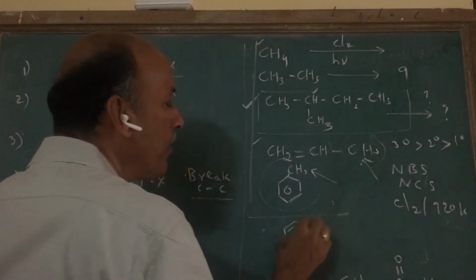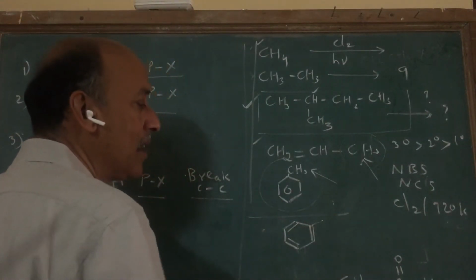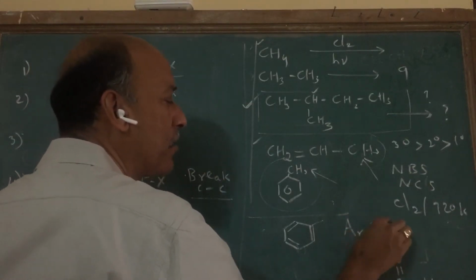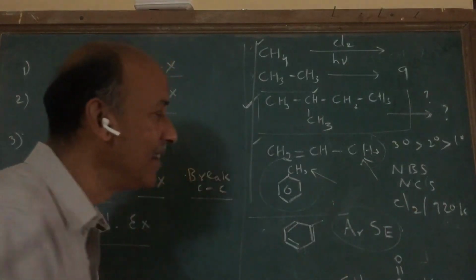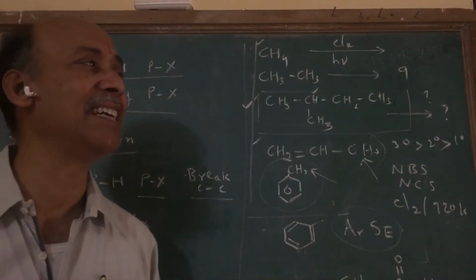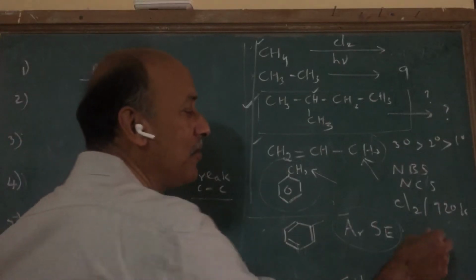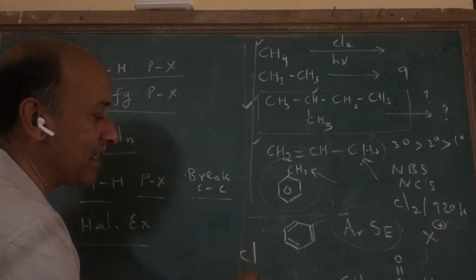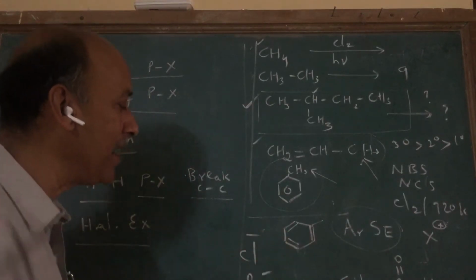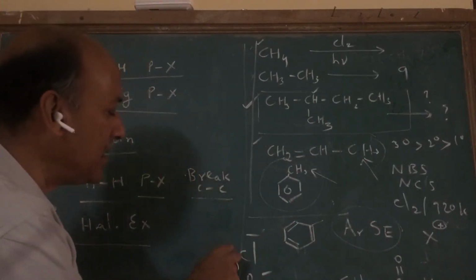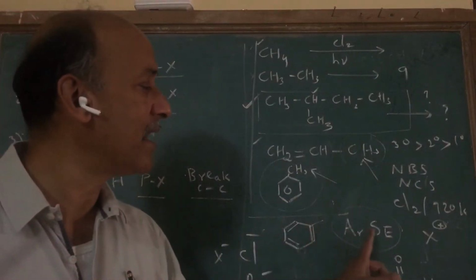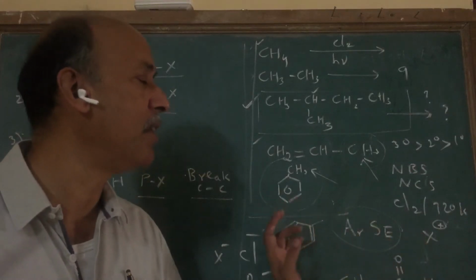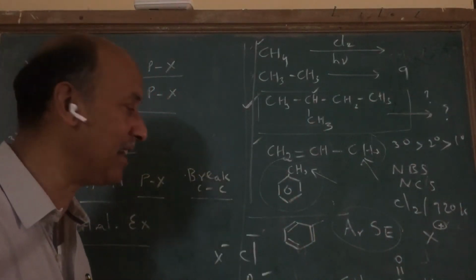However, if you want to replace hydrogen of benzene with a halogen, it is a special reaction called aromatic electrophilic substitution. Interestingly, here hydrogen goes out as H plus and the incoming halogen comes in as X plus. X plus is surprising. Normally halogens like Cl, Br are usually Cl minus, Br minus. X is usually minus, but in aromatic electrophilic substitution reactions, somehow the X becomes X plus. How and why, we will see in detail later.